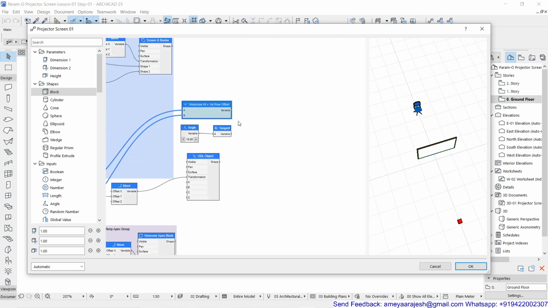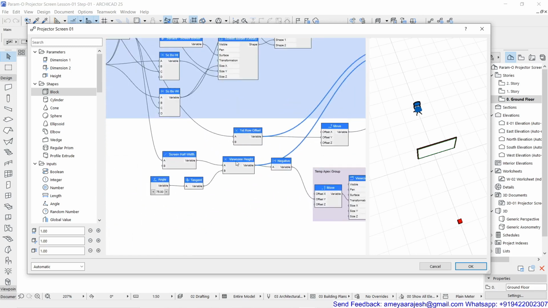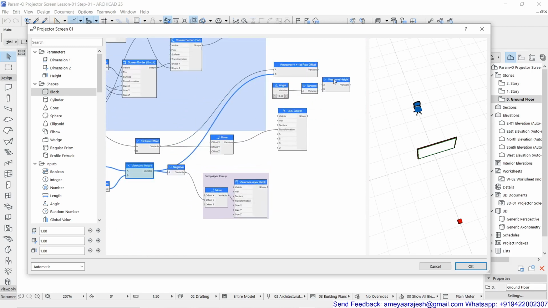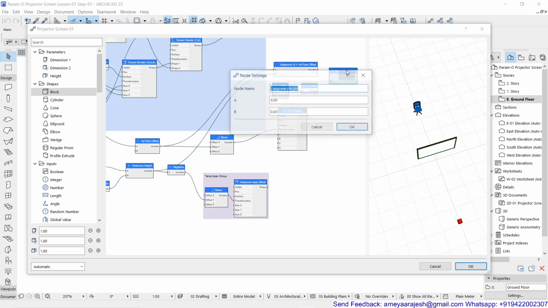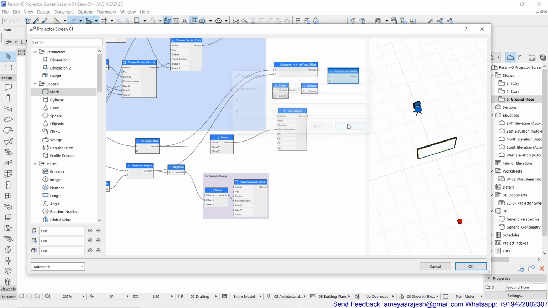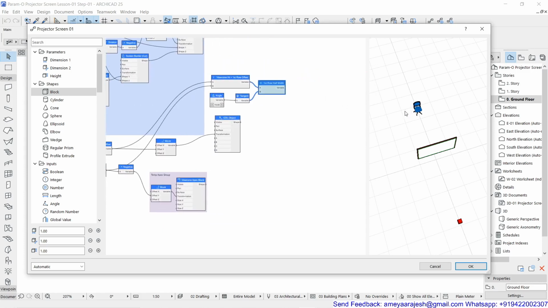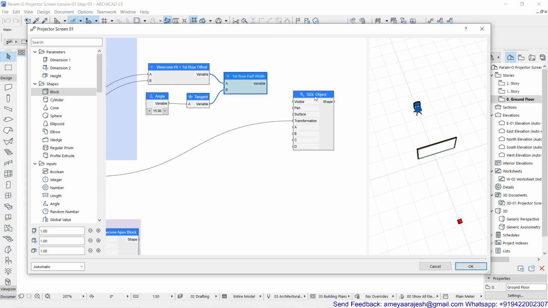And these two things, obviously, again you are going to use the multiply option. So if you just want to create a copy of this also, still it's okay. Or because you can rename these things, right? And then you can put this as first row half width. Okay, so half width of the first row. So this is how I'm going to now generate this. So this A will get multiplied by this. Now if you just want to again check this time, what you can do is your this targeted chair, no, this is supposed to be your GDL object.